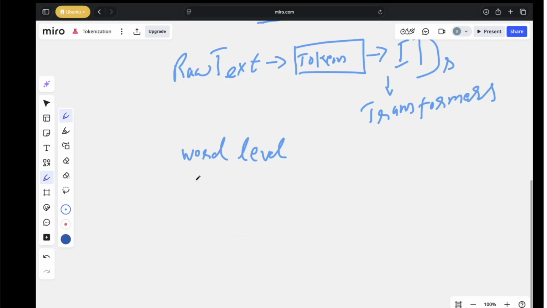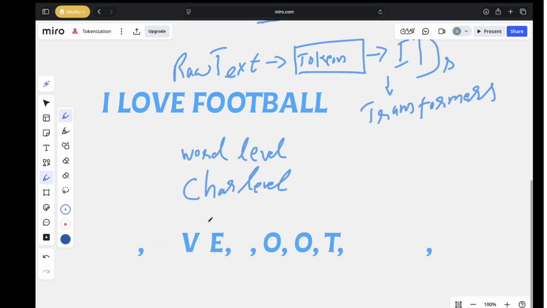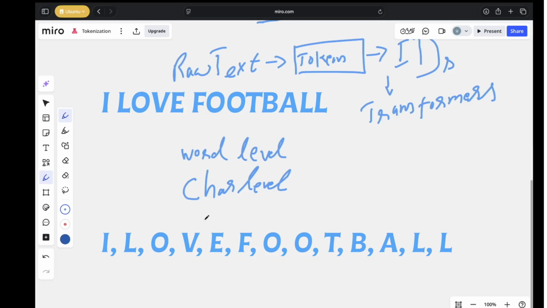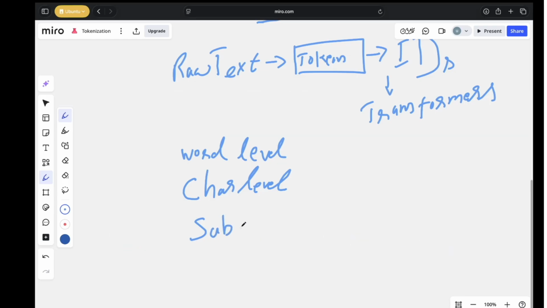In the character level tokenizer, if we consider the same sentence, I love football can be broken down into simple small characters that you see here. It's broken down into I, then L, then O, then V, then E, and so on till the sentence ends. But the most important of these tokenizers is the subword level tokenizer, which we are going to discuss today,